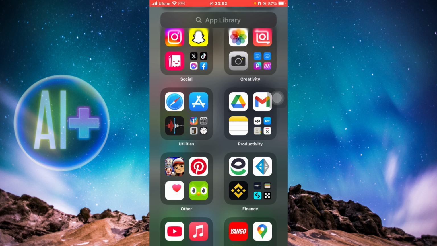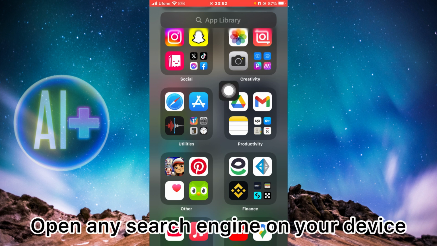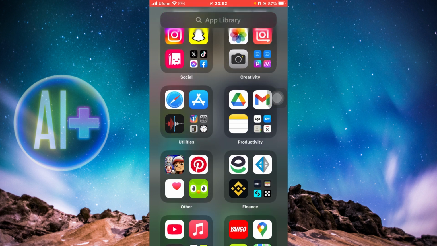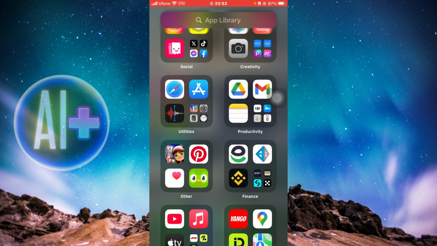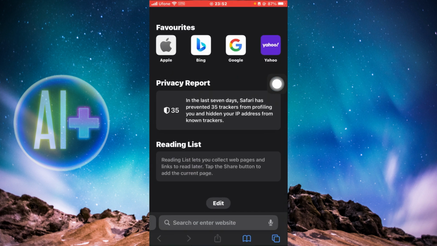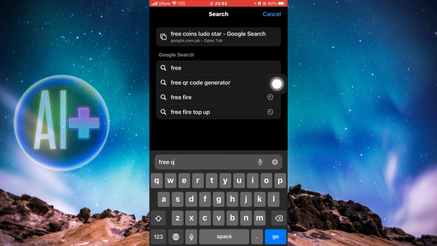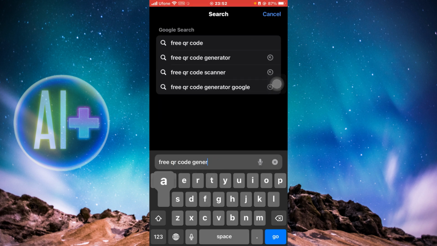So let's get started. First of all, open any search engine you have. You can do it on your mobile device or even on a PC. If you're using a PC, you can simply go to Google and search for the thing I'm searching right now. If you're using Android, you can open Chrome or Google, and if you're using any iOS device, you can use Safari. So just click on your search engine and then search for free QR code generator,